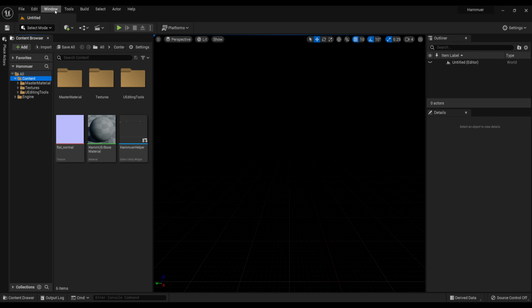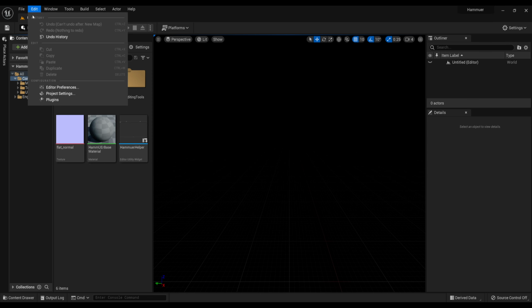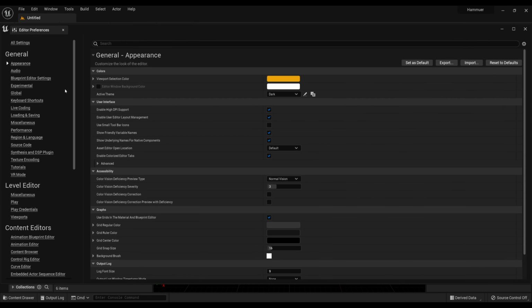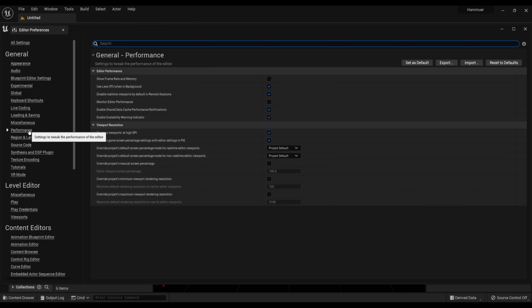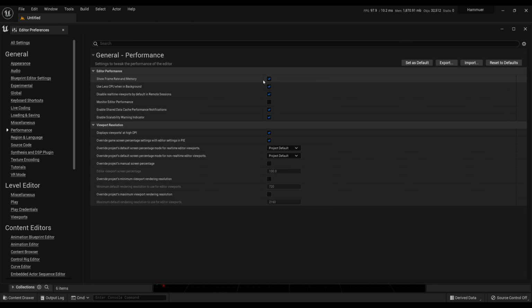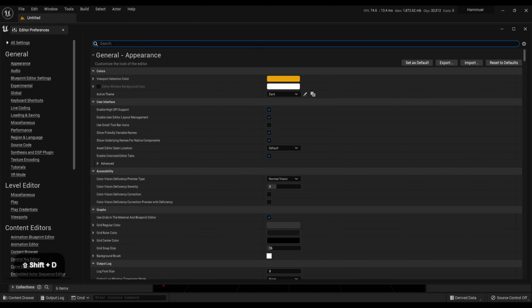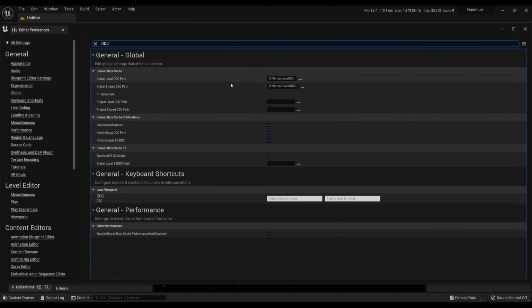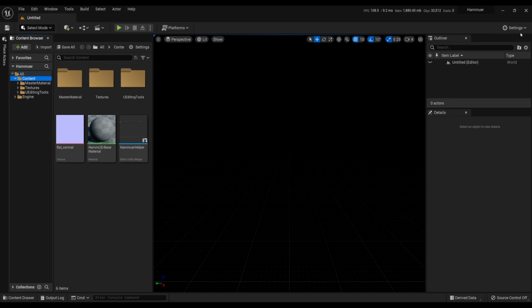First of all, we need to tick Unreal Engine. In the editor settings, we can turn on the performance statistics and set the path for the cache. DDC is the folder with all cached data. The more you use the engine, the larger this folder becomes, so it makes sense not to keep it on your C drive. You can set the same folder here, if you don't have a lot of free disk space.